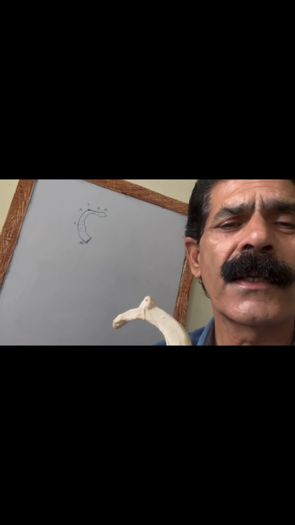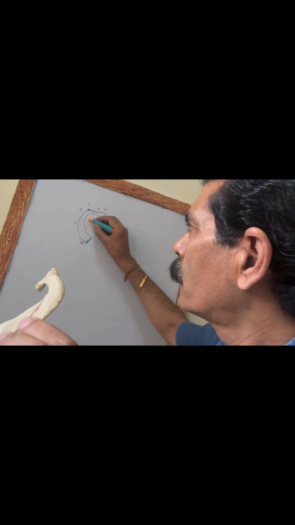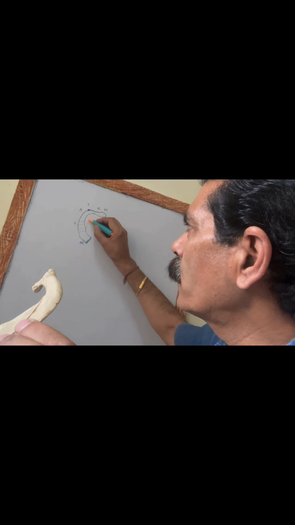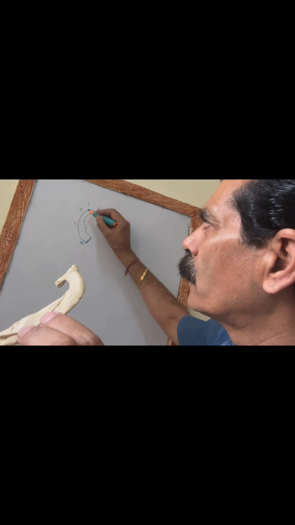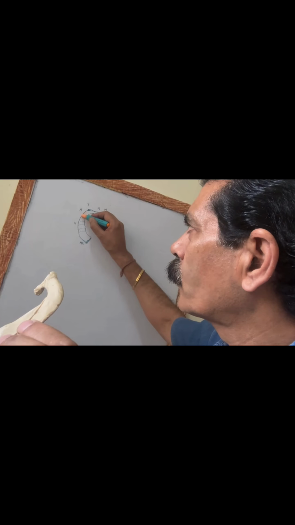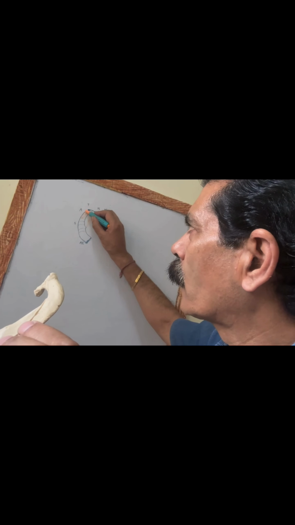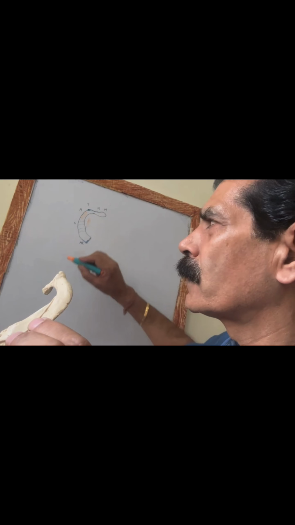Now its relations or attachments. So remember, four muscles are attached to it, and all start with the alphabet S. First is the scalene tubercle, which is for the scalenus anterior muscle. Then the superior surface on its outer part, posterior to the groove, is for the scalenus medius muscle.